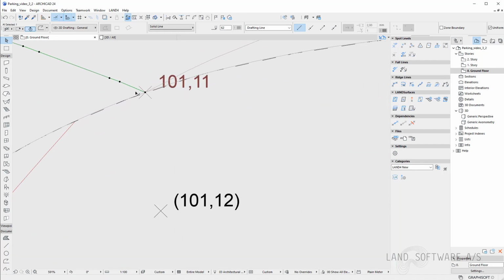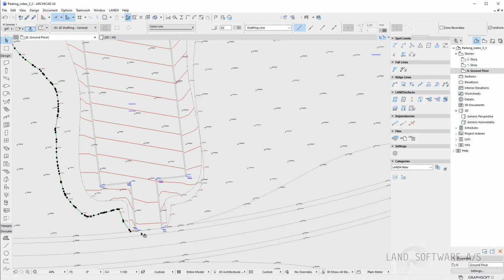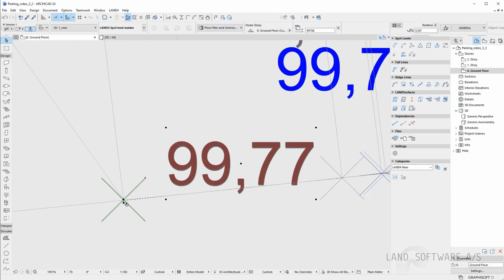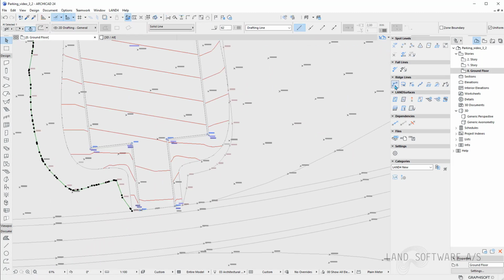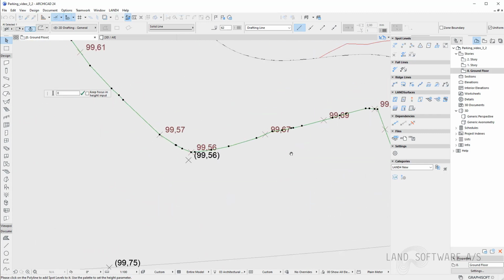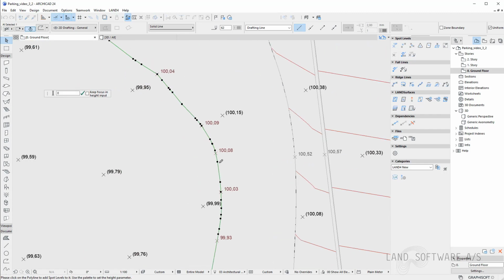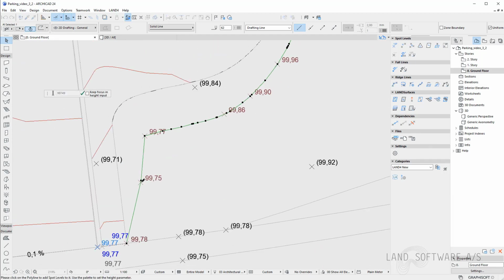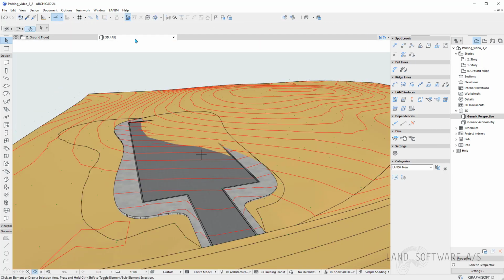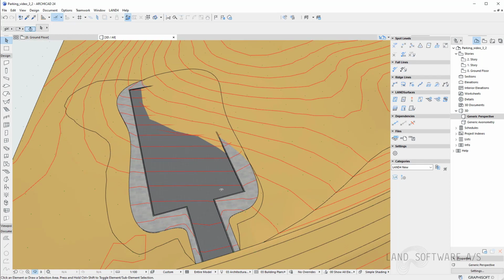Now I just need to continue and do the same for the rest. Now I have all my lines as ridge lines.